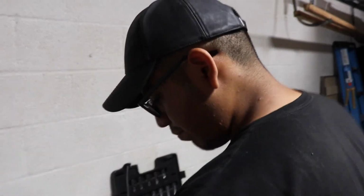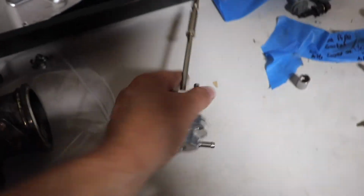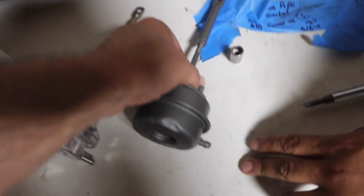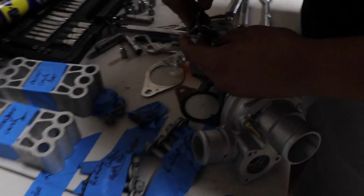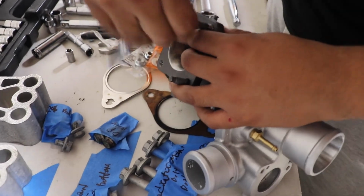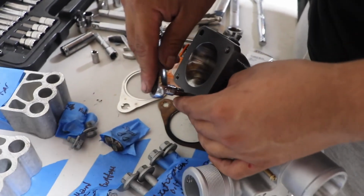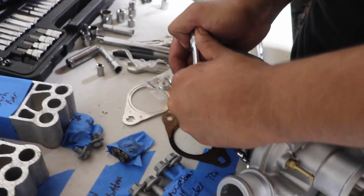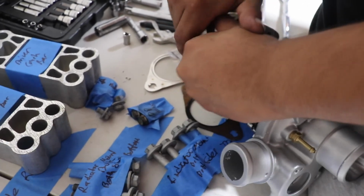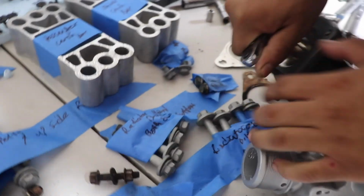All right guys, Mikey just finished taking off both wastegates. They are both right here. Stock one on the right, Forge on the left. And right now, I'm taking off the studs from the actual turbo itself. I'm going to keep them in case I need them in the future. And we're going to show you side by side the difference between the stock studs